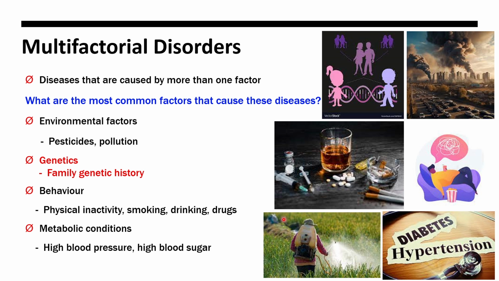Obviously, genetics is one kind of factor, mainly the family genetic history. In addition to that, there are behavioral problems like physical inactivity, smoking, which is the main reason for many of the diseases, drinking, drugs. In addition to that, there are metabolic conditions like high blood pressure, high blood sugar,